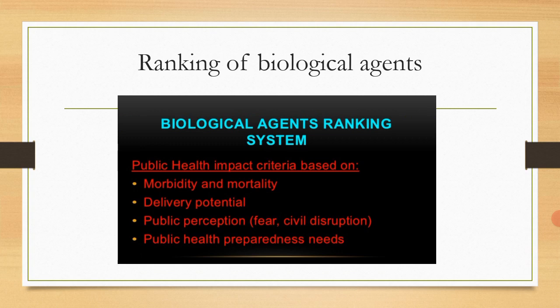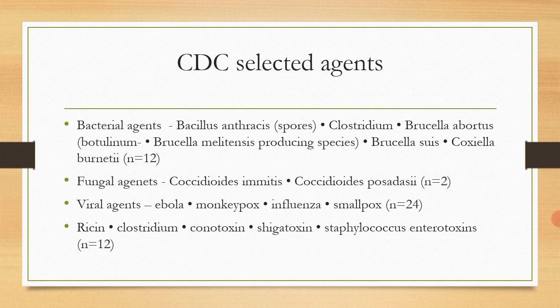We will see one by one. The first one is the morbidity and mortality rate. Depending on how much increase or decrease is happening due to this bacteria, we will classify that this agent can be used or classified as a bioterrorist agent. Then second is the delivery potential, that is, how fast the biological agent reaches the people, or how fast the infection is spreading. Then the public perception, this is a very